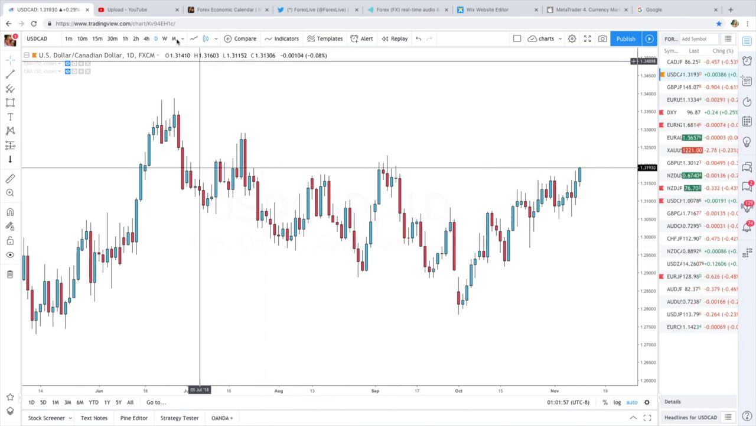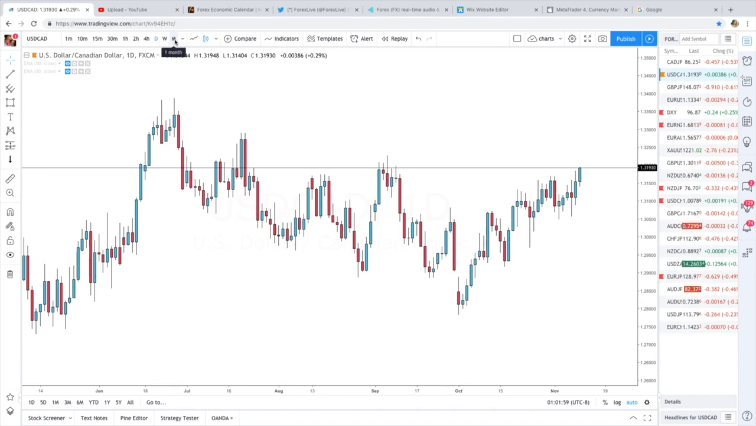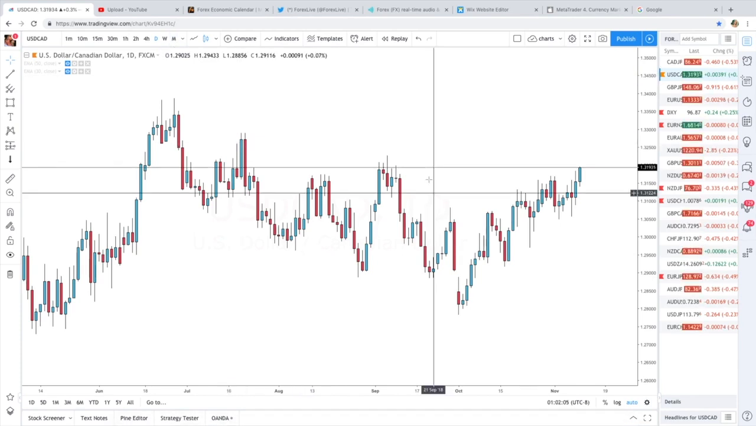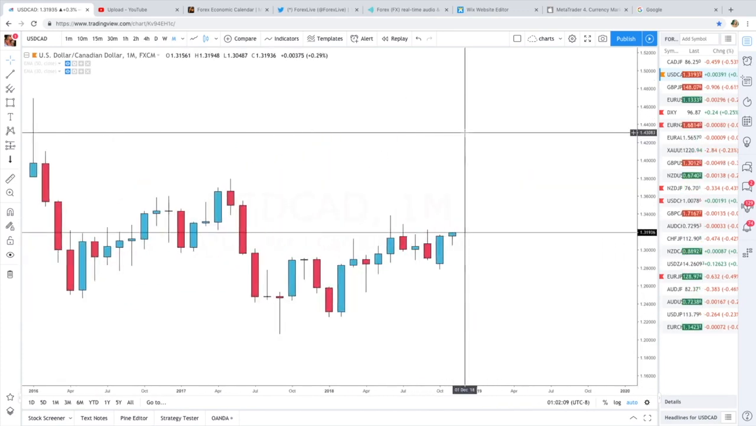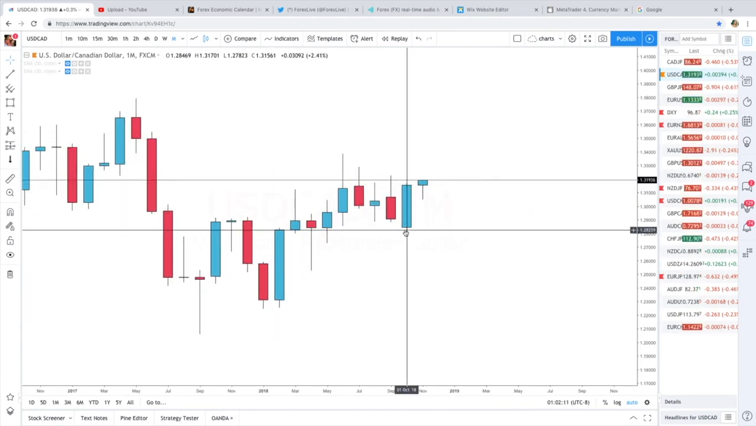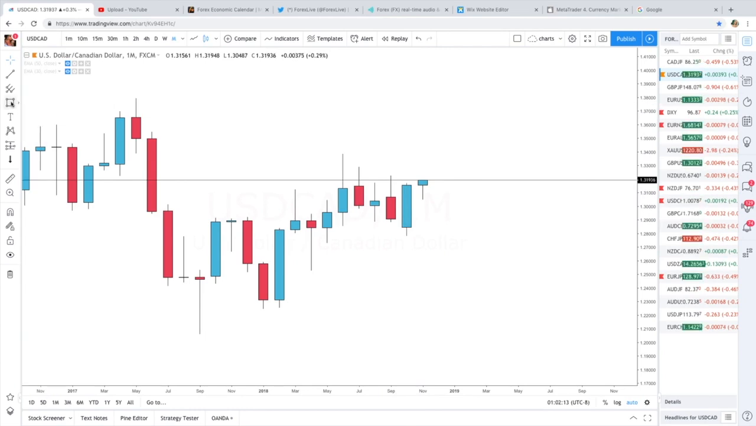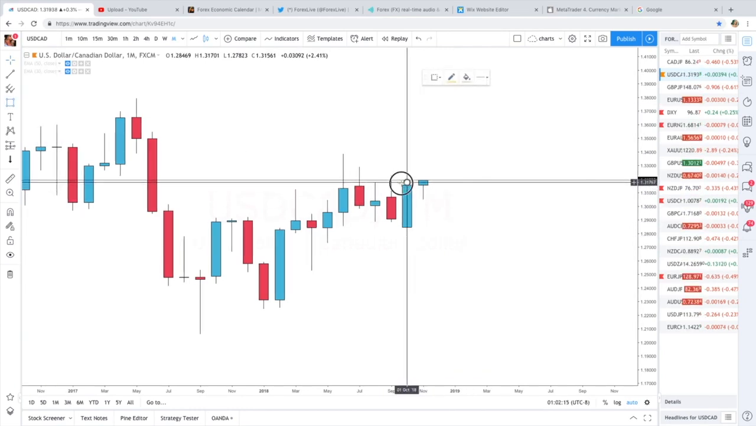We're always going to look at the higher time frames because it shows the bigger picture and where price is actually headed, and it has so much information in one candle. So for example, the monthly, as you can see, this was a bullish candle. So if we go down to the weekly,